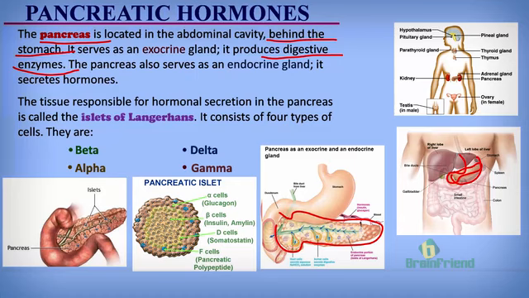So we can take a look at the ducts of the exocrine aspect of the pancreas. These are the exocrine ducts or exocrine tissues in the pancreas. They release their secretion into these exocrine ducts. The exocrine ducts release secretion into the main or central duct, and it is transported to the digestive system where it performs its function. So there are different exocrine ducts, as you can see, all over the pancreas.